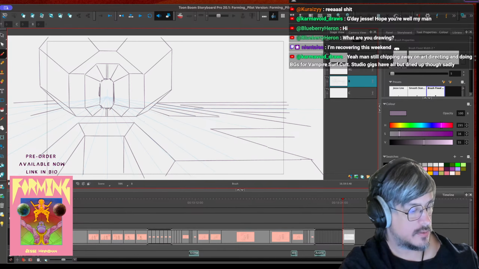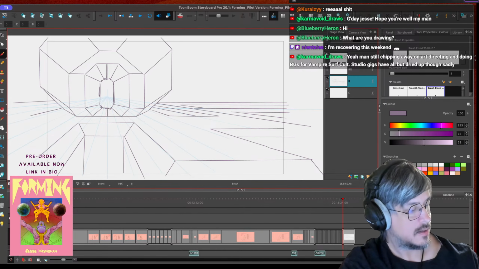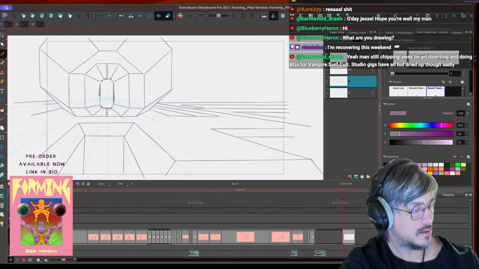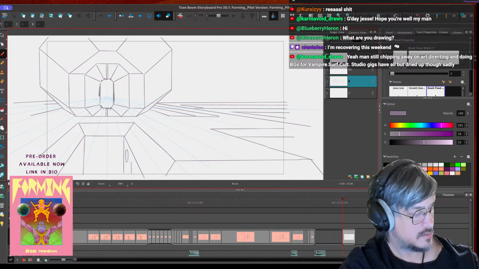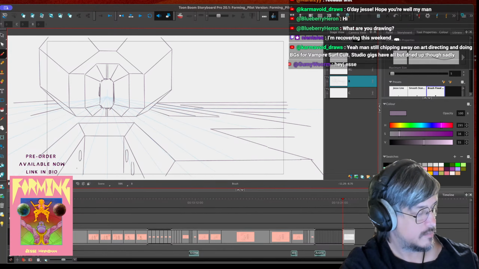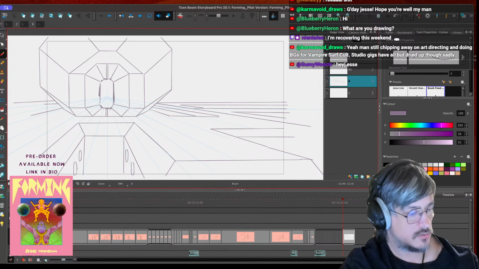Where's the switchboard? Maybe the floor is the switchboard? Think about this. Okay, maybe down here is like these big pylon, like electricity generator things.